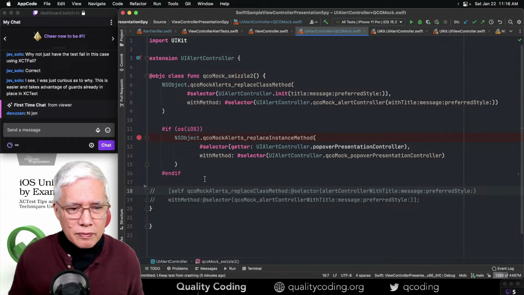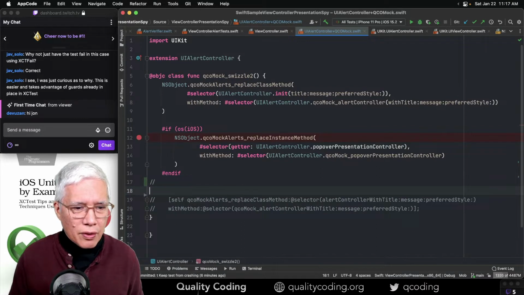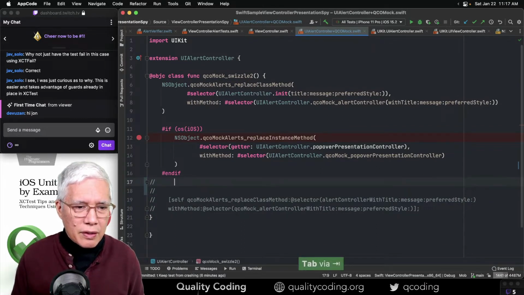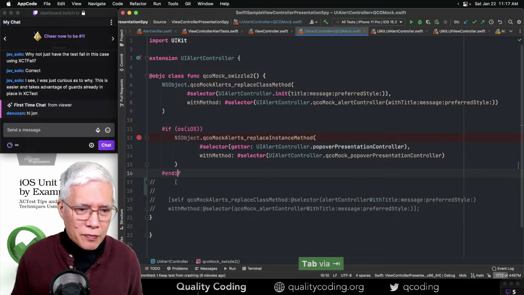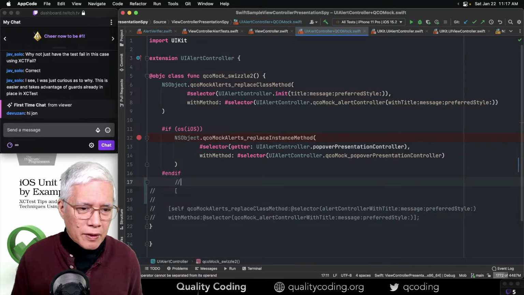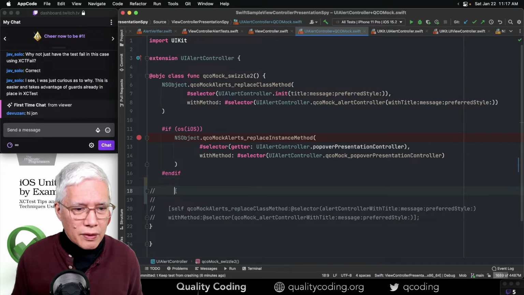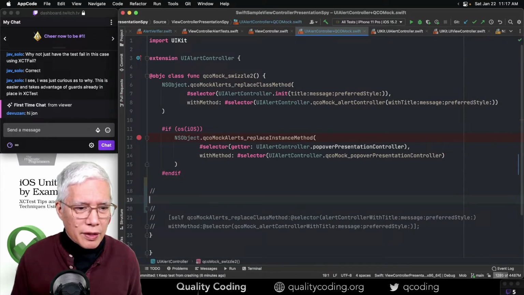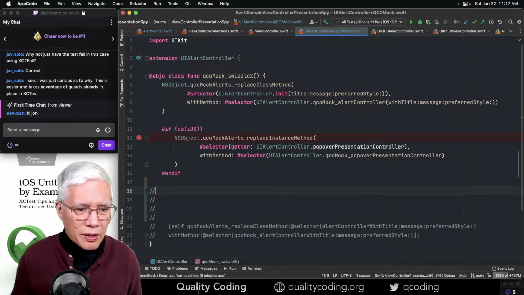So in Objective-C, all these weird brackets, what are they? And how are they different from Swift? And they are different in general. Hang on, I'm just trying to create some blank lines here. Okay, so here